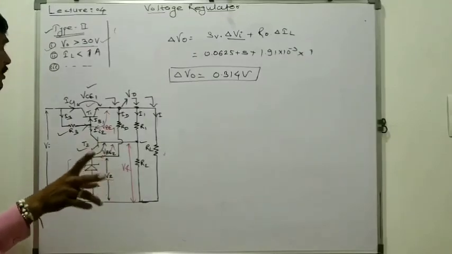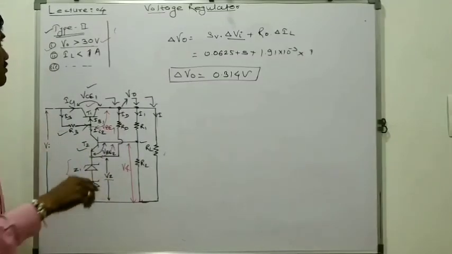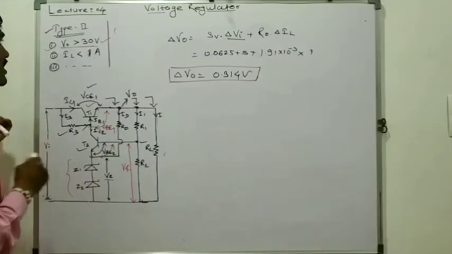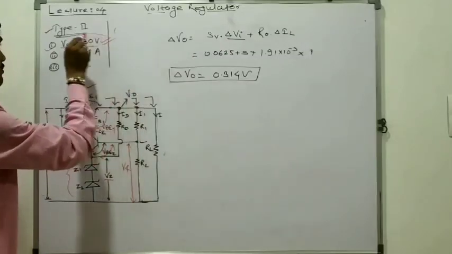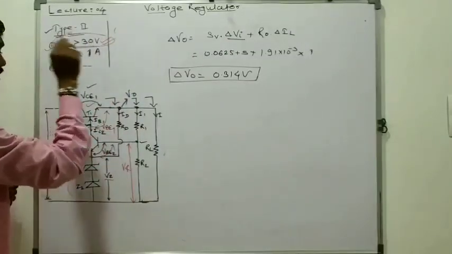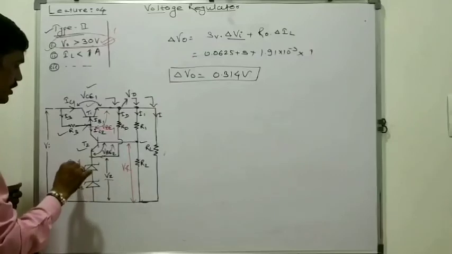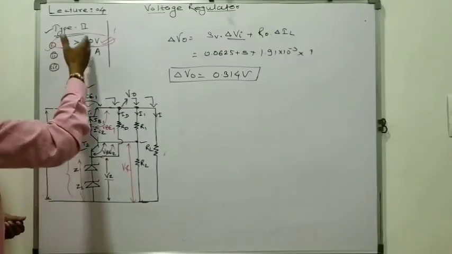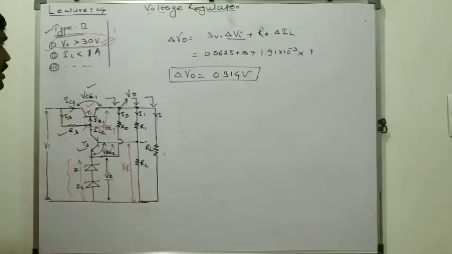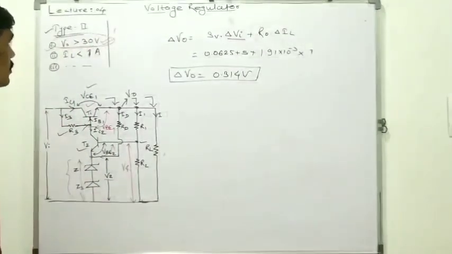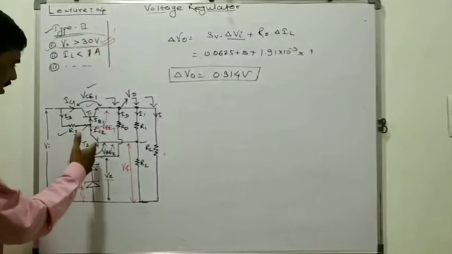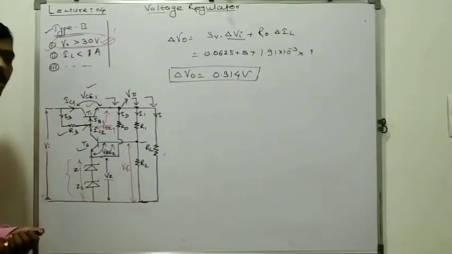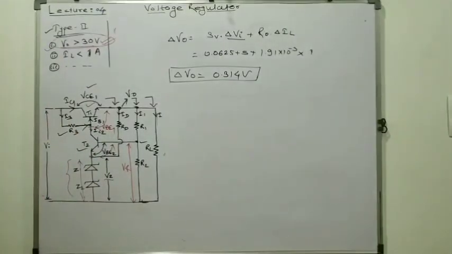In the first and second problem, the difference is only the output voltage. Other conditions are all the same. If this output voltage is greater than 30 volt, then we have to use 2 Zener instead of 3. If we have an output voltage of 45 or 50 volt, then we can connect three Zener in series. Okay, this is about type number 2. Thank you very much.